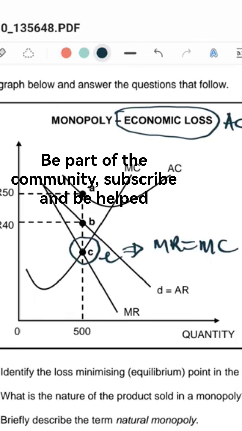So a business maximizes profit or minimizes losses when marginal revenue is equal to marginal cost. What does that mean in simple terms? It means that this is the point at which the business should produce. This is the point at which